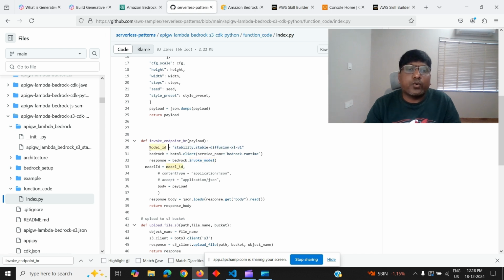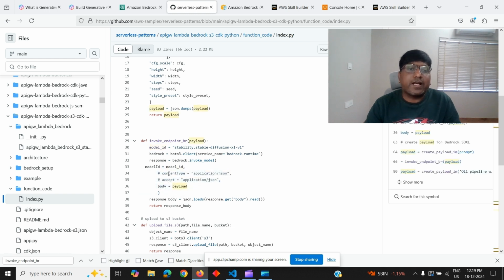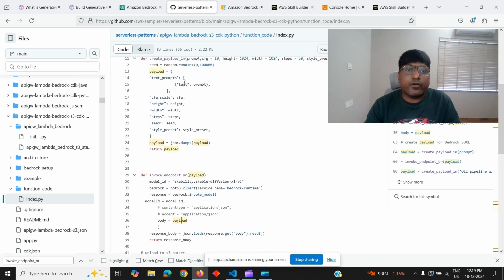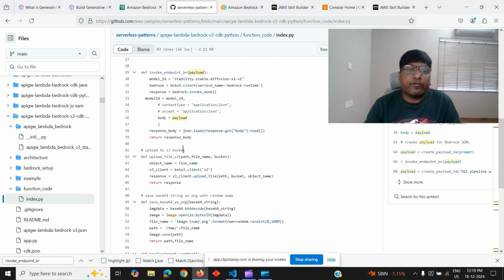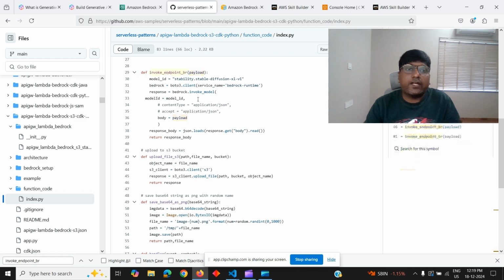Here we are able to give an Amazon Titan image related model also, and once we define that model ID, it will call that particular model. This model must be enabled for model access when you do this call, otherwise it will not work. Here you need to pass the payload, whatever payload is generated from the prompt, and then you will get the response, and at the end it will give you the images in the response,